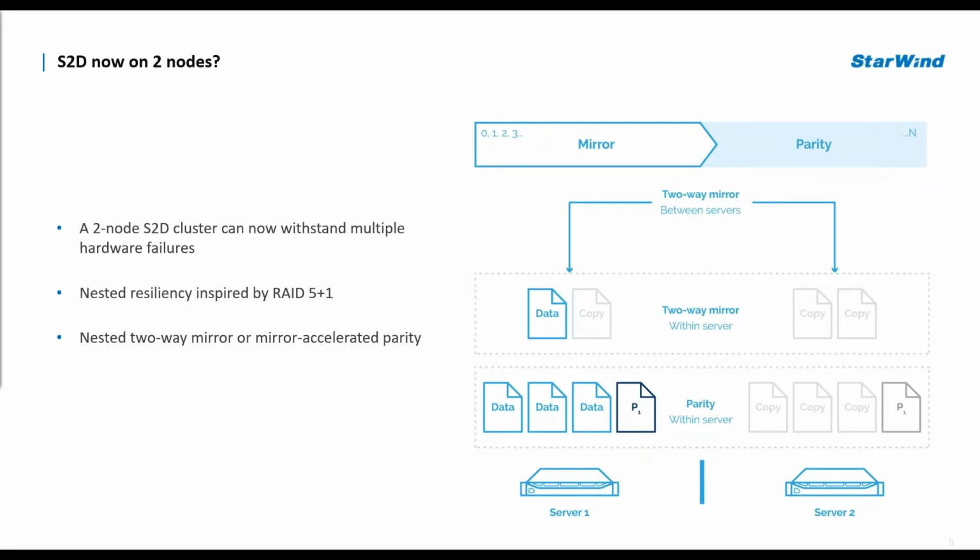As you can see on the diagram, 2 servers, they have the replication, the mirror between both servers. They have the mirror on the local storage. Let's call it the cache tier, plus the parity as another tier where the data is